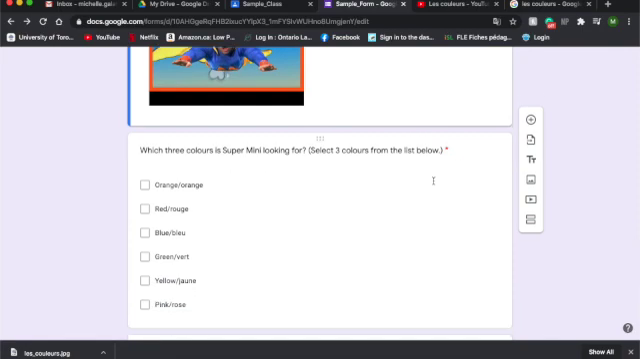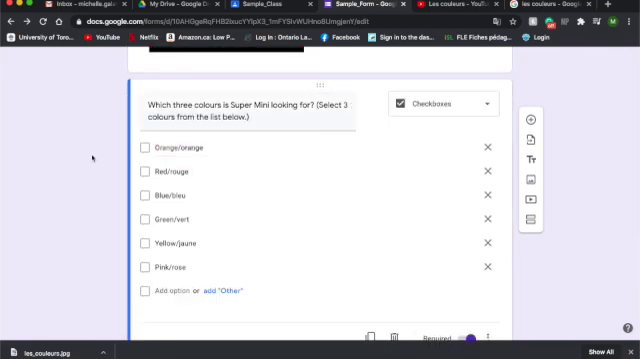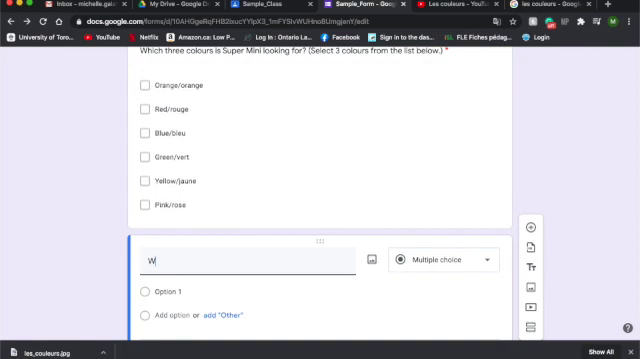So in this case here, I have actually created a checkbox question. So the question is, which 3 colors is Super Mini looking for? So in this case, the students do not need to pick just 1 color, but 3 colors, and that's why I chose the checkboxes. So again, I'm going to add my question, which